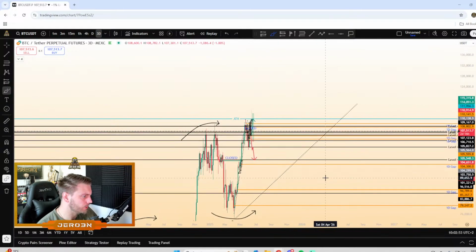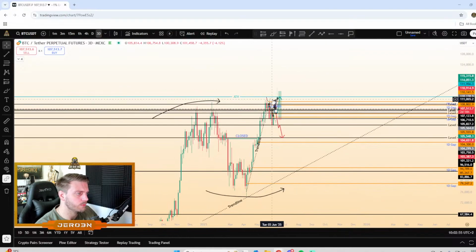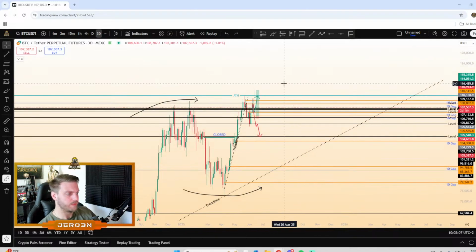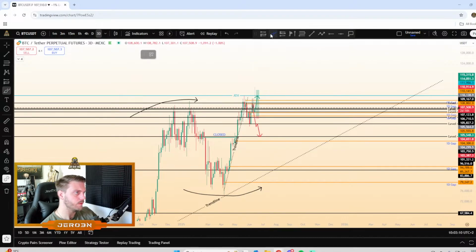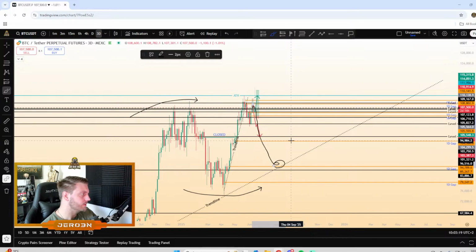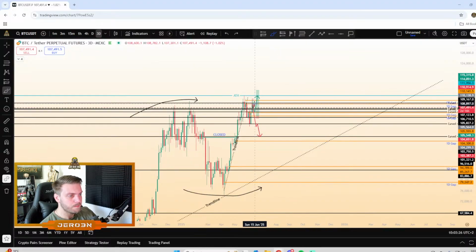However, for that we kinda have to get a backtest. For that we need a test again on the bottom. So what I wish to see is for price to go down to about 85k, maybe even that 94 will be okay. That will be coming over here somewhere. However,